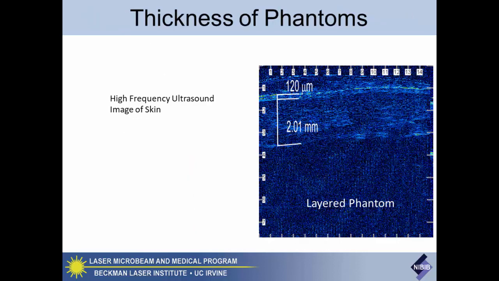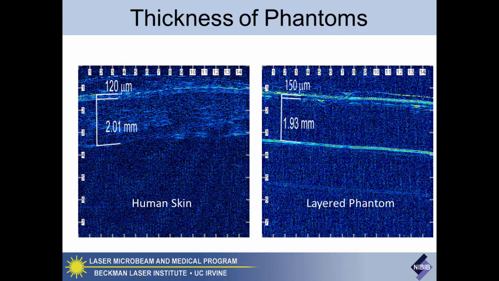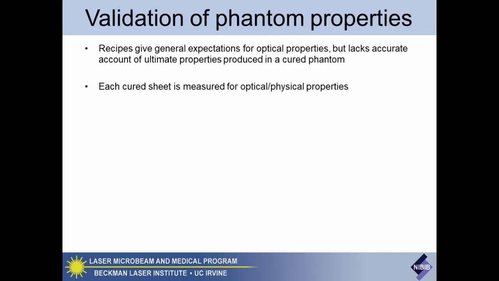And again, going in this range, we look at our stacked layered phantoms versus human skin. You can see this is from a high frequency ultrasound, the thicknesses of the epidermis versus dermis, and what we're able to fabricate in phantoms. So at least in depth, we can have something that's a close approximation, and then evaluate how well our imaging technique